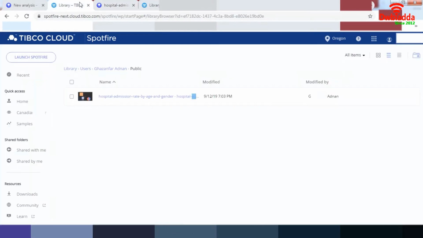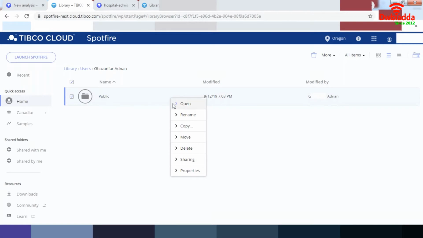Another way to share our data is to go to our Spotfire. Over here we have our file. When we right click on our file, we have the option to copy the link, to copy the file, and we also have options of properties, and the basic sharing option is to copy the link. Another thing that you can do is go back to your home and select your public file by right clicking it